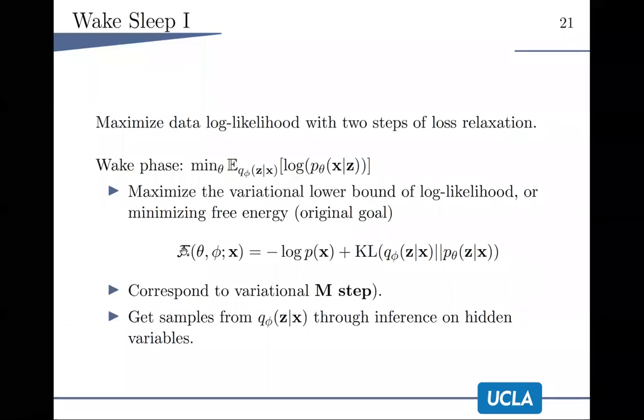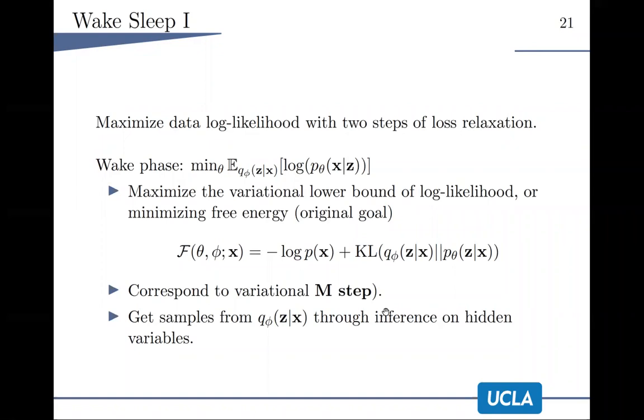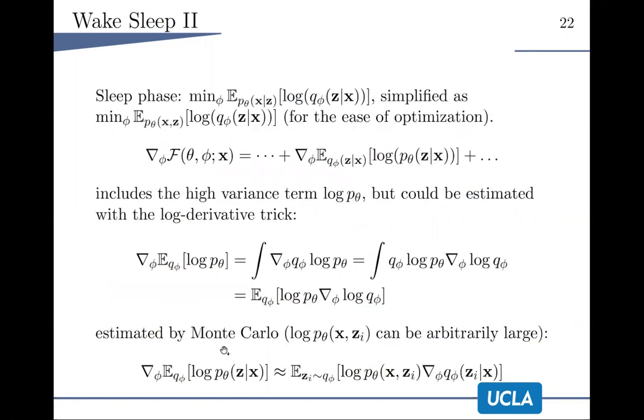It corresponds to the variational M step, and it gets samples from Q theta Z over X through inference on hidden variables. The sleep phase becomes a little bit more complex than the wake phase, and it is simplified as